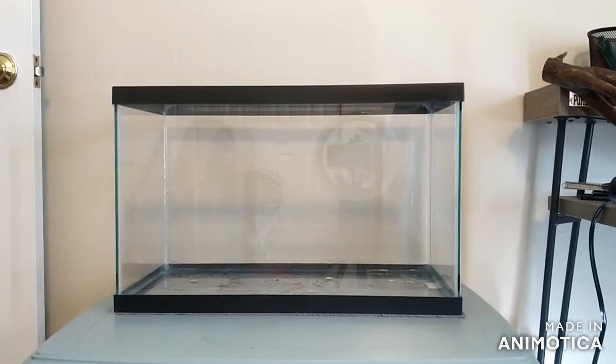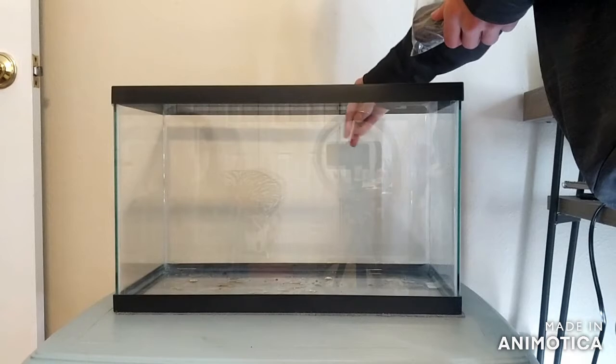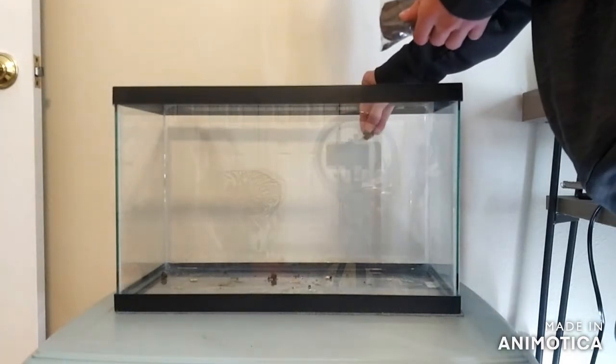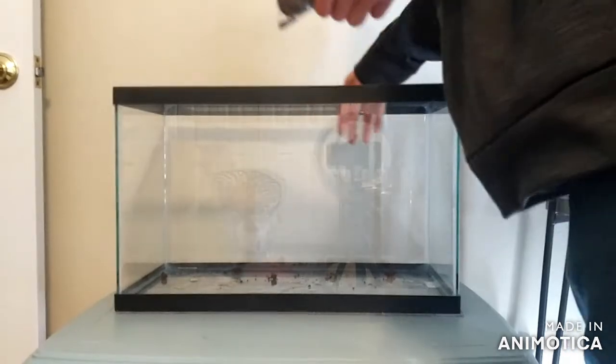So the first step is adding dirt in. This is completely optional. You can use another method besides this, but I just had dirt on hand. You can also use root tabs. I'm just using the dirt because I have it, and also I'm too broke to afford root tabs,